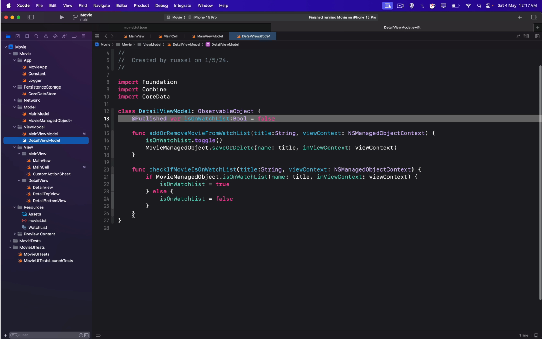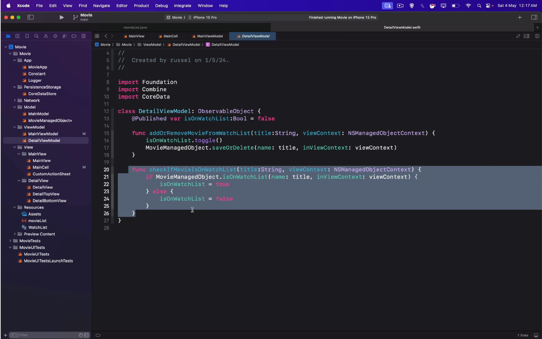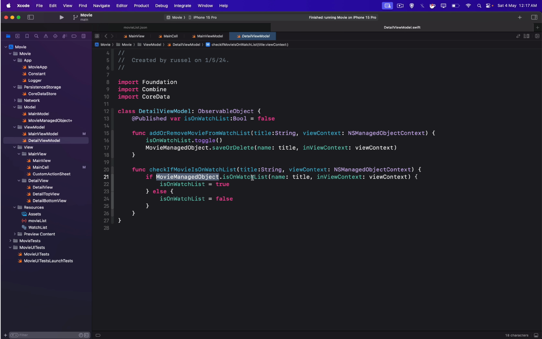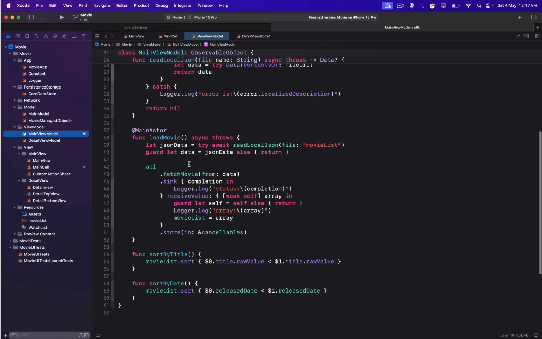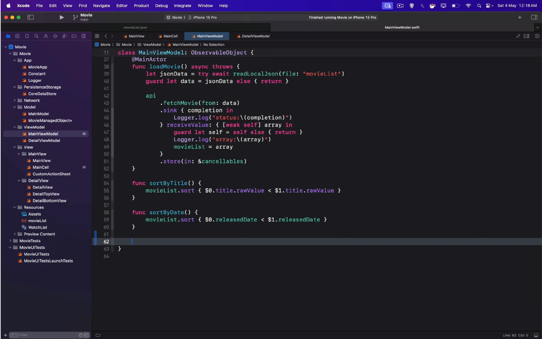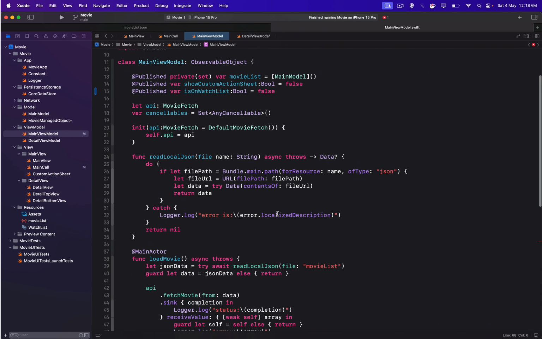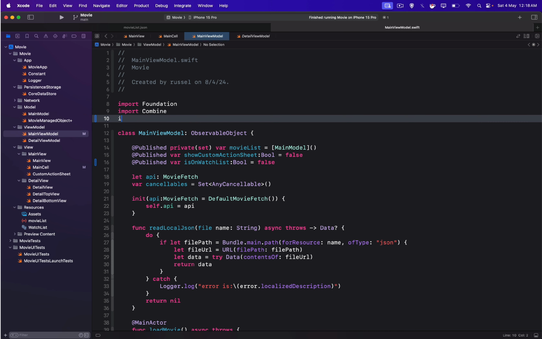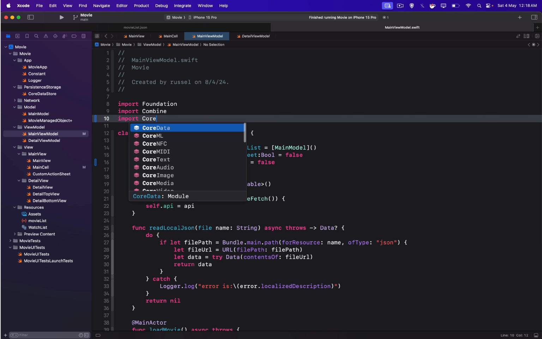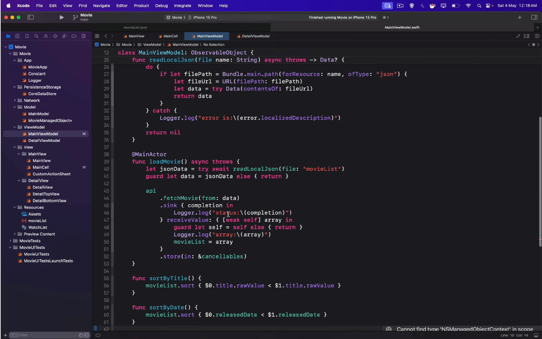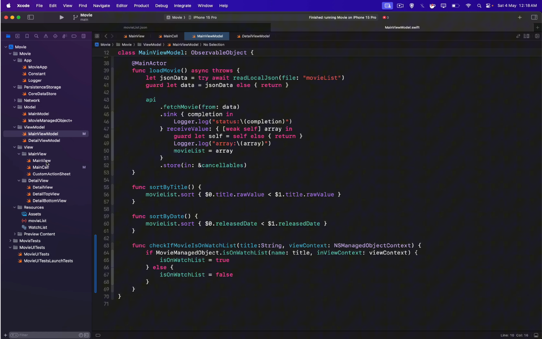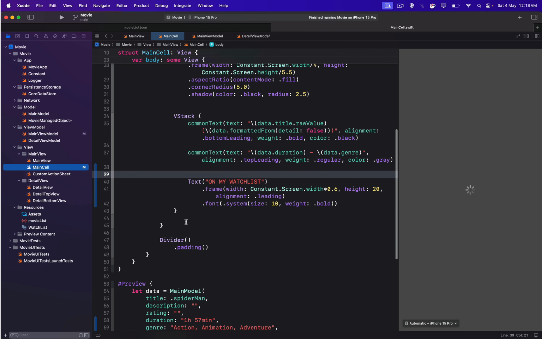Also, we can copy the same logic, because this function is checking if the movie is in the watch list or not. So we can simply reuse this. Import core data. Now we can call it from our